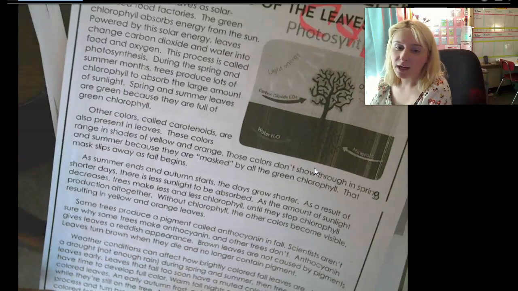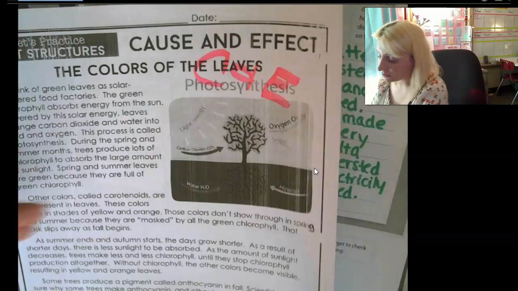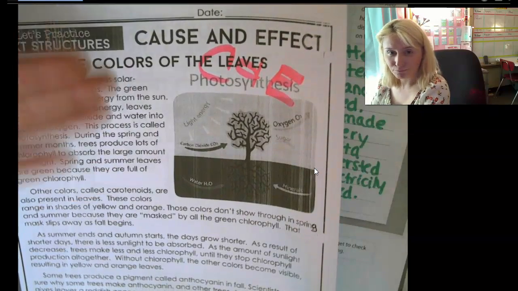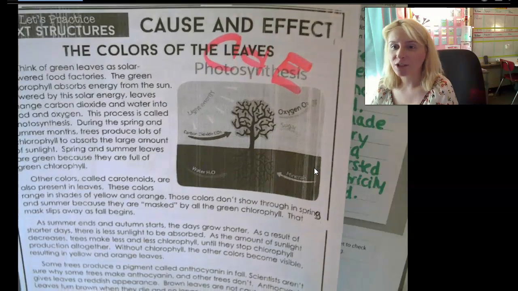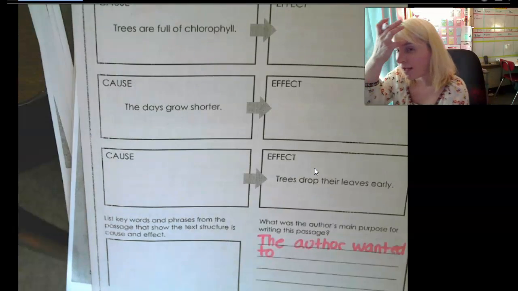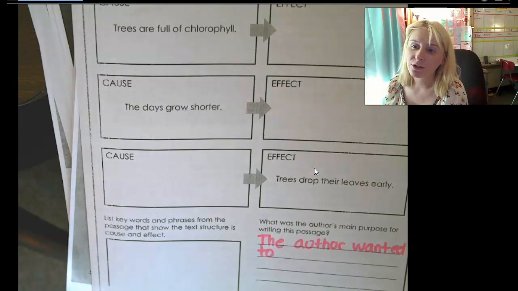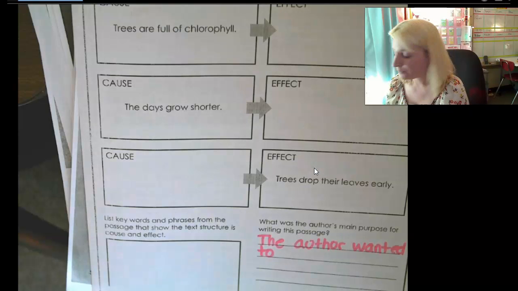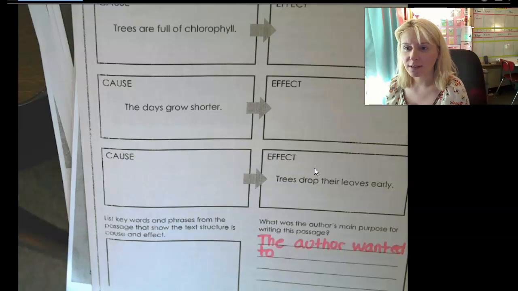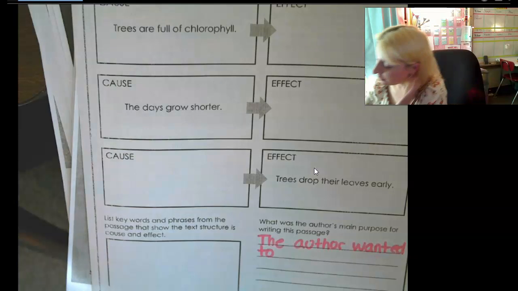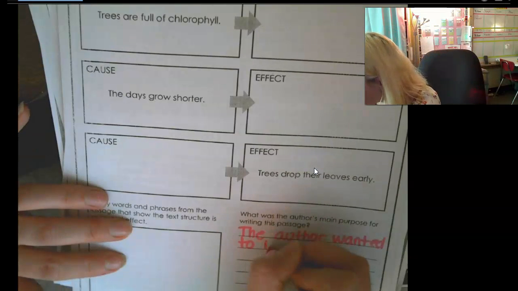And this is clearly a passage that's trying to teach us about something. It's trying to teach us about leaves and their colors and their changes and all of that. It's not meant to entertain us. It's not filled with characters and adventures and all that exciting stuff. And it's not meant to persuade us. It's not trying to get us to do something. So the author wanted to inform us